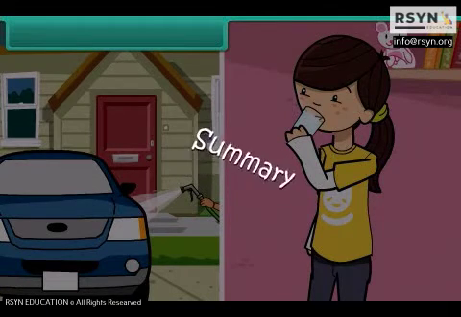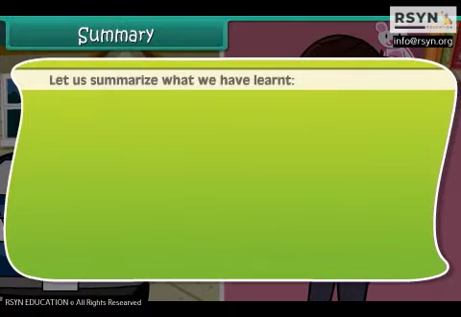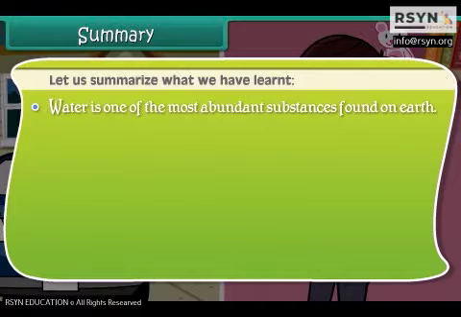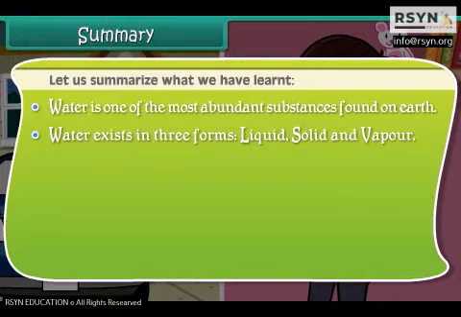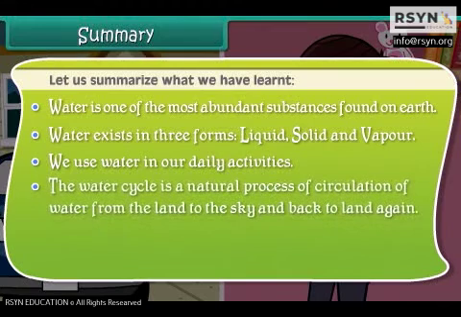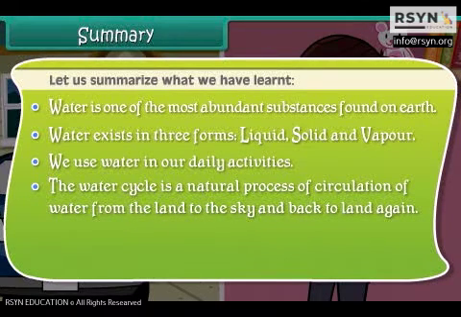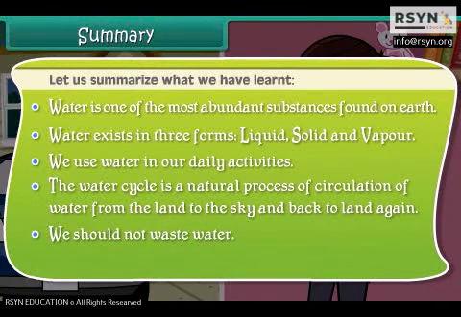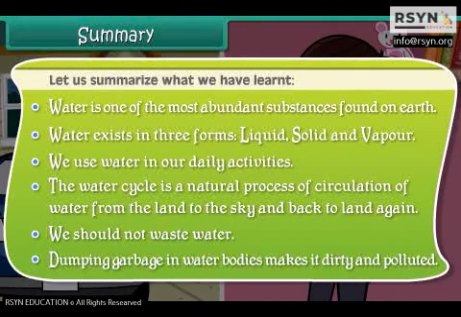Summary. Let's summarize what we have learned so far. Water is one of the most abundant substances found on earth. Water exists in three forms: liquid, solid, and vapor. We use water in our daily activities. The water cycle is a natural process of circulation of water from the land to the sky and back to land again. We should not waste water. Dumping garbage in water bodies